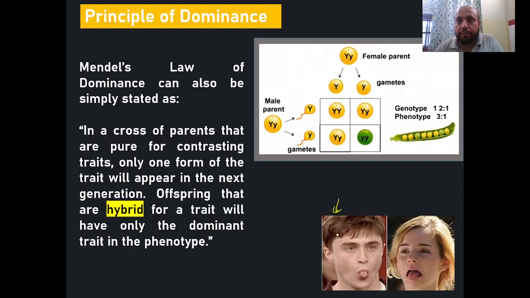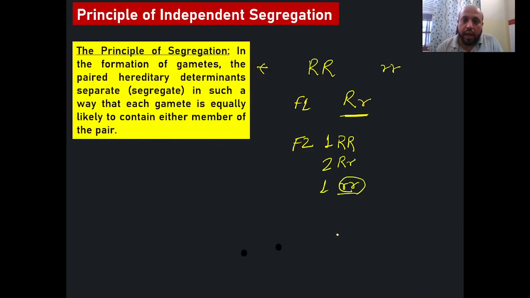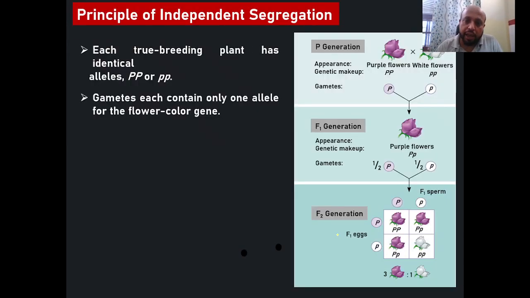Similarly, just for the sake of discussion in class, black eye color could be dominant compared to blue eye color. As I mentioned in my previous lecture, that is basically called polygenic inheritance. And this is about the principle of independent segregation,